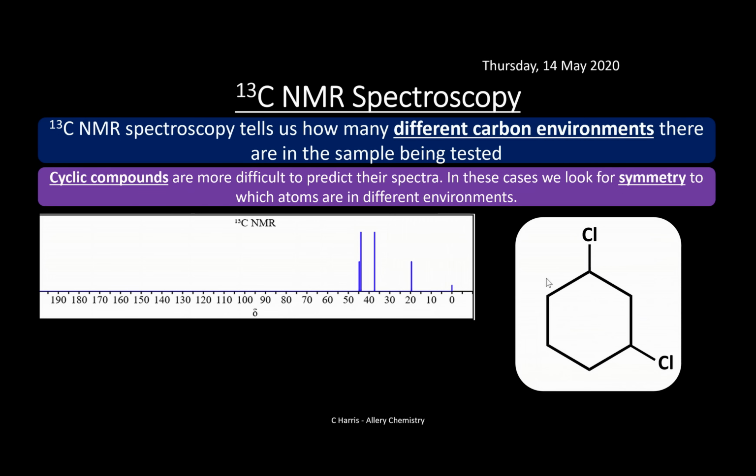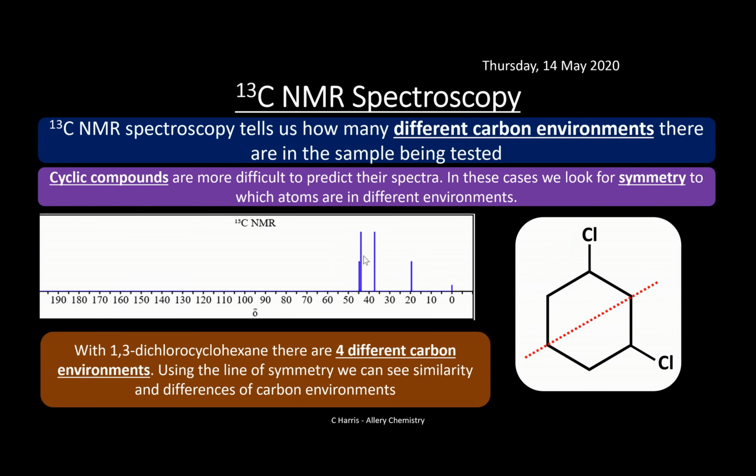So here's our molecule, and here's our cyclic compound. We've got 2 chlorines on here, and here's the spectrum for it. You can see we've got a lot more peaks there. What we're looking for is any symmetry in this molecule, and what peaks this will produce. So let's go through it. You can see here we have symmetry straight down the middle. So I suggest when you get molecules like this that you draw your line of symmetry. In this case it's